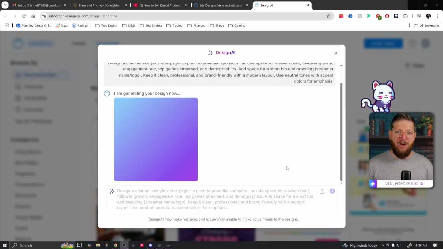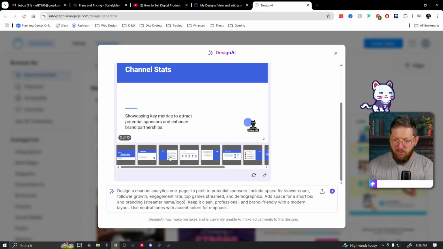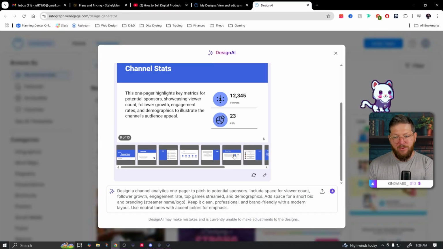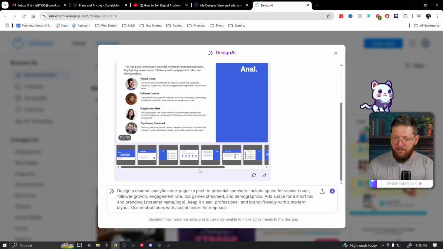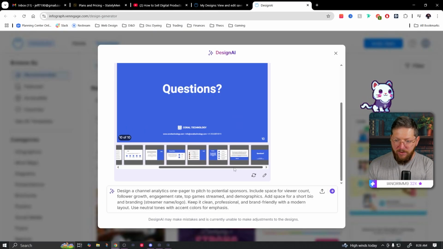Of course, I spent hours creating mine in Photoshop, but this is an AI way to do this. And of course, if we don't like what it gives us the first time, we can go and create more. So this is actually giving us a multi-page, which is good. This is probably the more common way to do one. I've created a single page for myself, but right here we have a multi-page presentation that we could create for